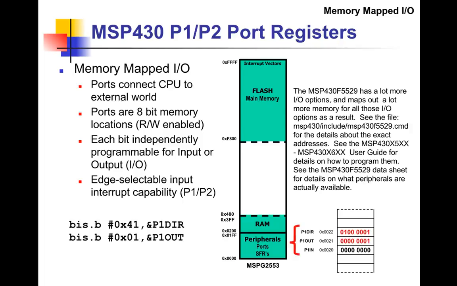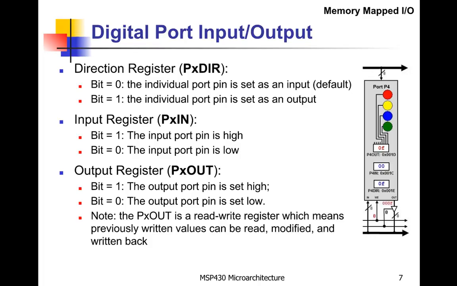So that memory came right out of the peripheral section there. We just kind of blew it up. And then if you want to, you could XOR it, so that would toggle the thing every time, which is handy. So let's look at